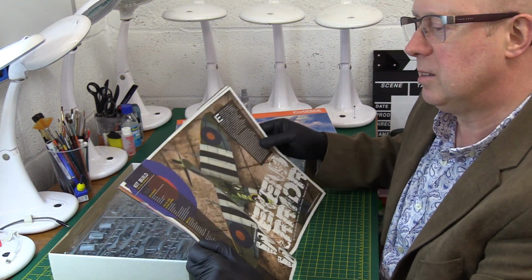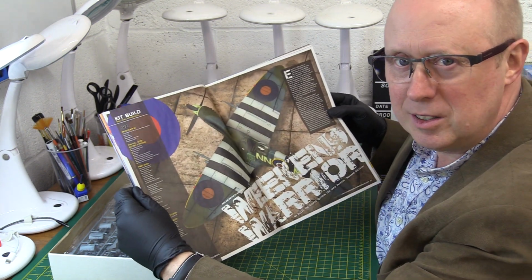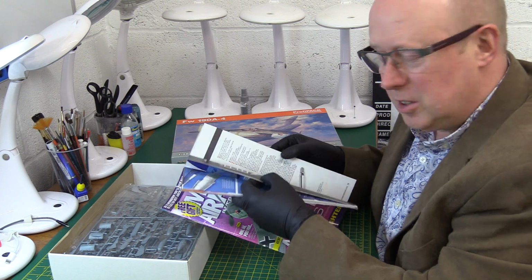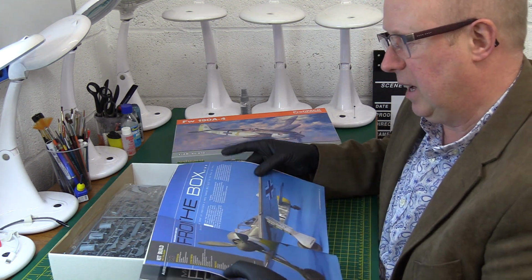Hang on a second. Whose is this? Eduard Spitfire Mark 9's in here as well, so quite a good addition. Anyway, Armin Faber was a German fighter ace, and basically